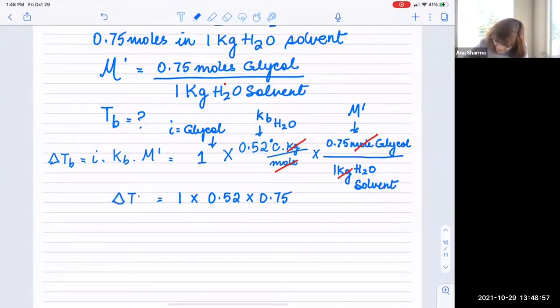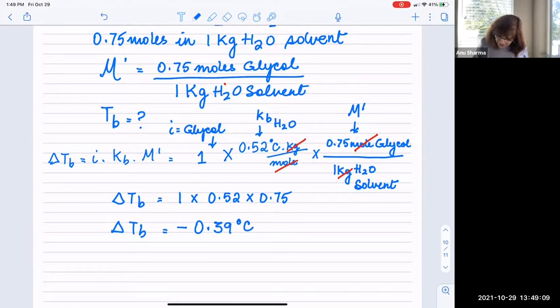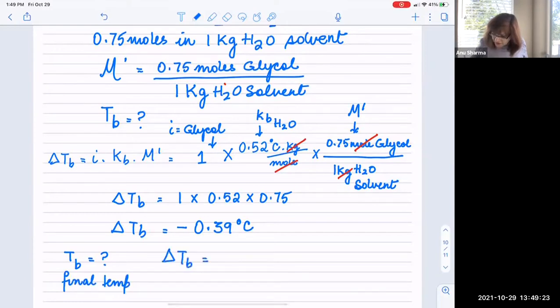So this is coming out to be delta TB is equal to negative 0.39 degrees Celsius. Okay, now pay attention. We need the final temperature. What is the boiling point? So that is the final temperature. So delta TB is equal to T final minus T initial. So here we have T final is,